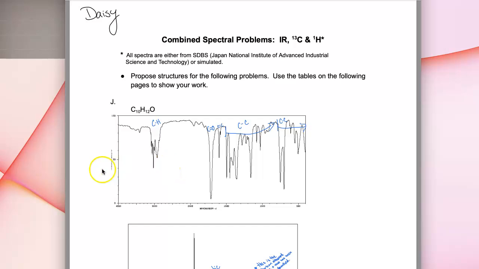Anything higher than this usually has an H attached to it. We see that there's no section at 3500, which is usually an OH, and we see that it does not have that. So, as it is not a deep, wide peak, we see that it is a CH bond,